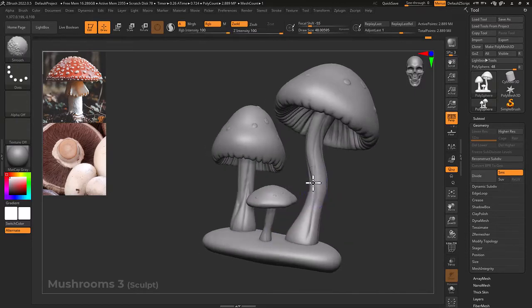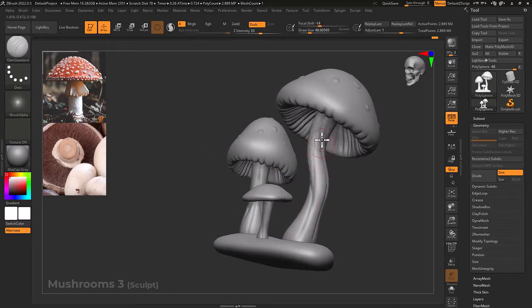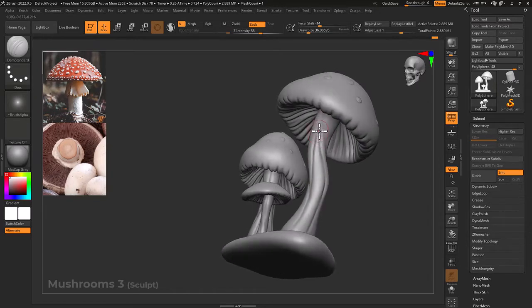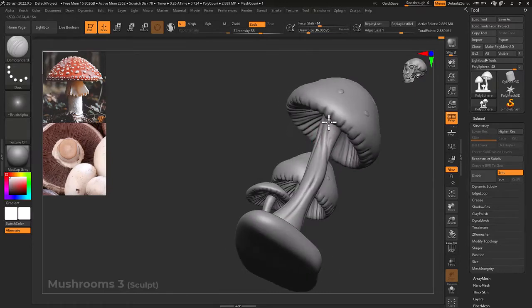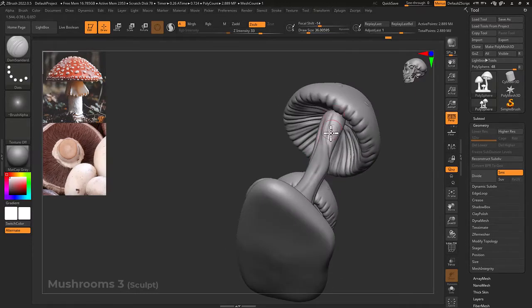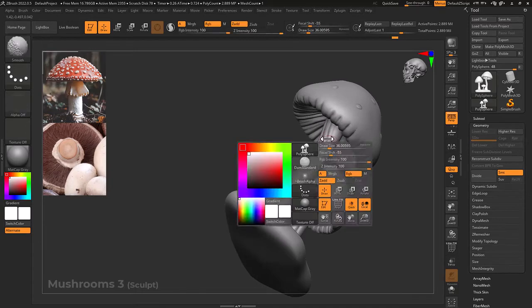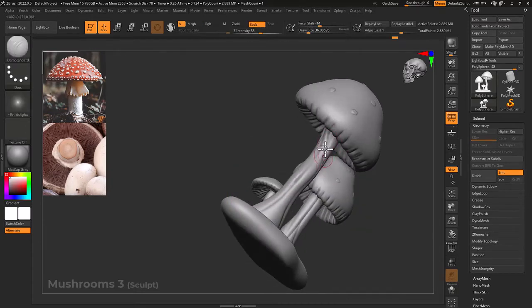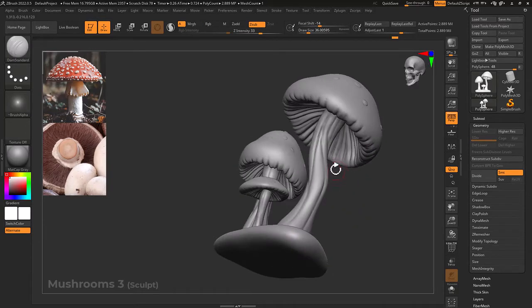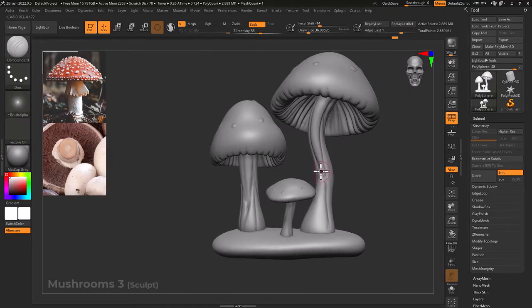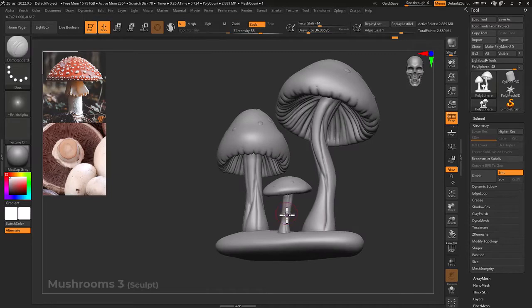And continue to restroke some of these in areas, maybe with a little bit more pressure, just trying to increase the contrast of these visuals here, even up into the cap, like so. Okay, a little bit more in here,